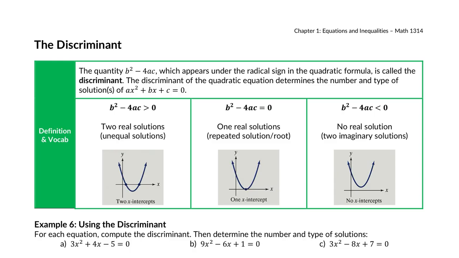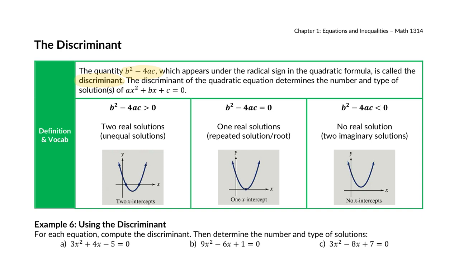Okay, cool. On the back, this last little bit of 1.5 is talking about the discriminant. We've already actually used the discriminant, I've just not called it that. The discriminant is all of the stuff underneath the square root sign in the quadratic formula. It is the radicand. So we are looking at b squared minus 4ac, all the stuff underneath the square root. And what's nice is, if you calculate that,